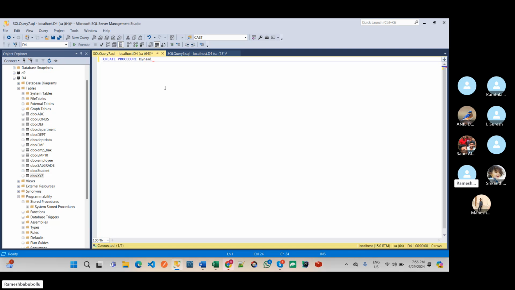I'm using the name like dynamic underscore create. Okay. So parameter, table name, varchar of 50, as begin end. So here the first step is declare @SQL varchar of max. So this SQL variable I am going to write